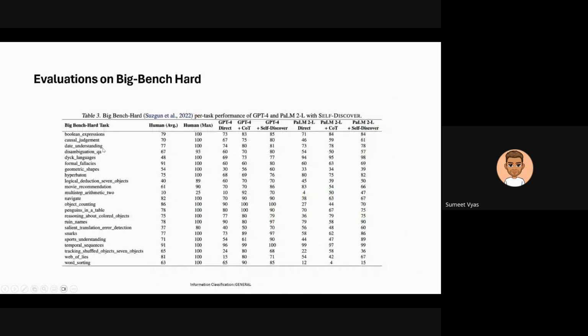And again, I think they have also mentioned the evaluations on the BigBench-Hard evaluation framework in this case. So with GPT-4 and PaLM2L in this case as well. So I mean, nothing much to look at here. This framework sort of comes out as an obvious winner as compared to other prompting strategies,